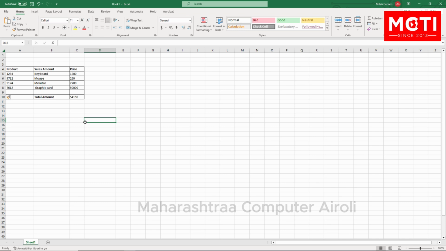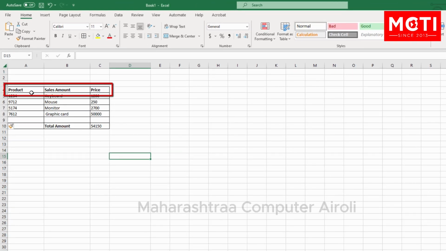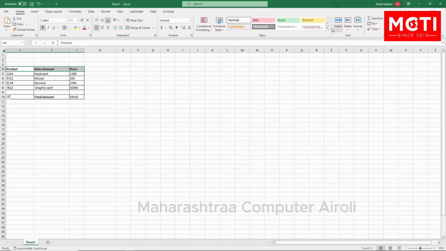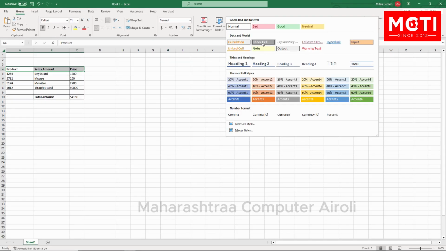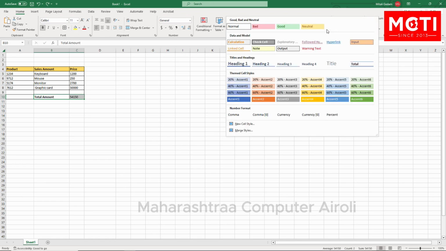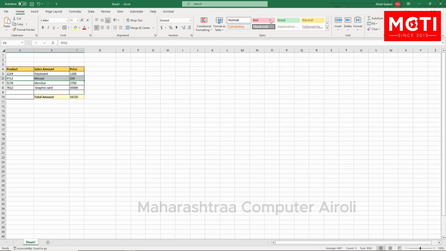Want to make a boring table format into an eye-catching table? Let's see how. Select the column or row you want. On the Home tab, Format Tables options are there. Here you can see various default cell styles. You can choose a style as per your liking. You can change the color of a specific cell. Just select the row or column you want to change the color of. Pick the color you want. This is how you can make a boring table format into an eye-catching table. And it's done.